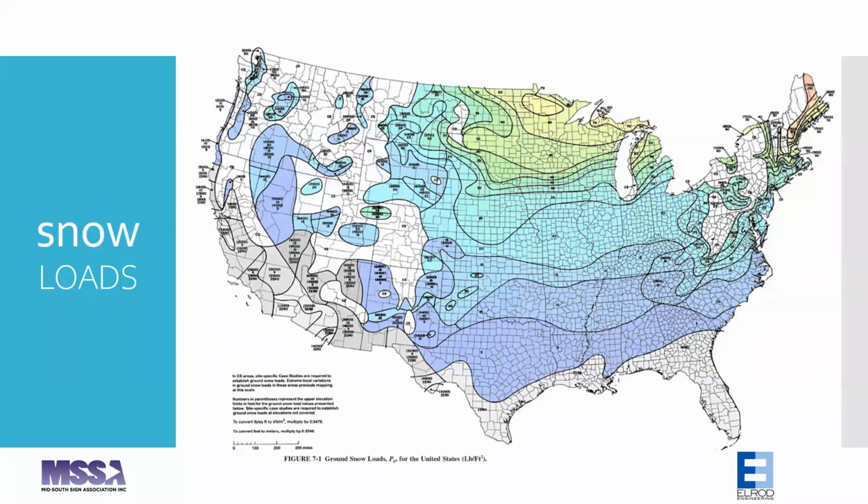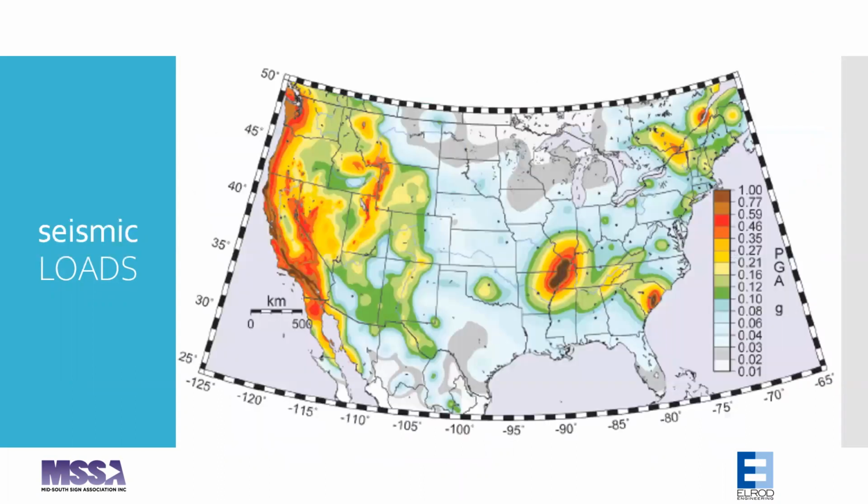We'll get into this a little bit more in the second part of the session, but this snow load is often what surprises our clients the most, especially when it comes to canopies and awnings, and where we may have to discuss things with our clients to help them understand why things are engineered the way they turn out that they are. This is a graphic representing seismic loads. Again, typically they don't come into play, but you can see just based on the color, how significant, this is a measure of how significant seismic